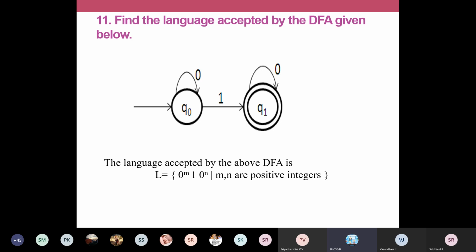Okay, in an automata, you cannot tell that the numbers must be the same. It could be the same also. You can have 2 zeros and 2 zeros at the end, but it will not always be the same. You can have 2 zeros in the beginning and 5 zeros in the end. So that's why I have given 2 different variables. Okay, can you understand this problem? So this is one more notation of defining your language. You can give a statement, or you can also give variables like this to define the number of symbols in your string.